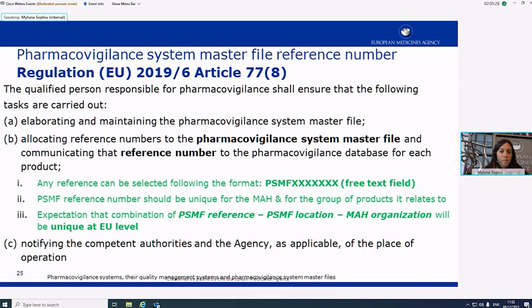And of course, the QPV will also notify the competent authorities and the agency of the place of operation. And this can be the same as the PSMF location or not. And I think this takes us to the next slide,